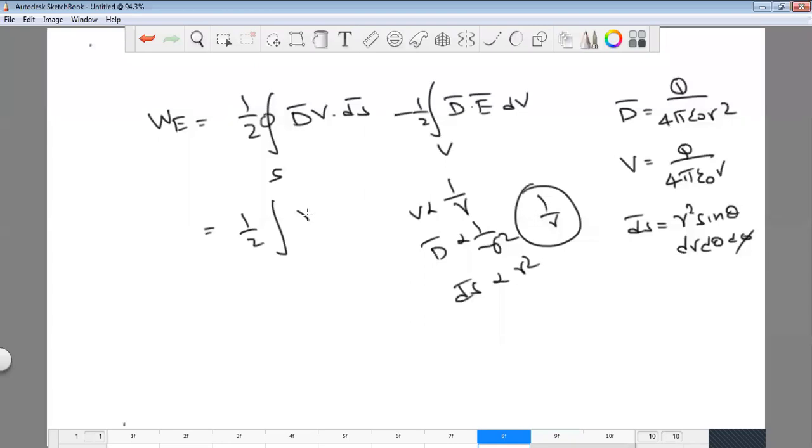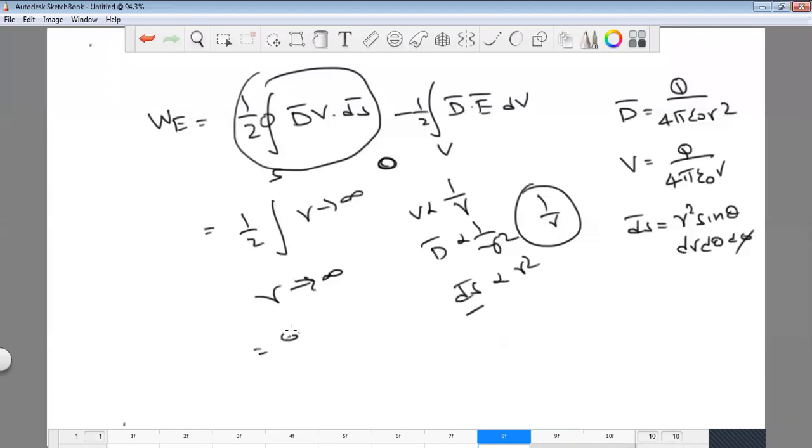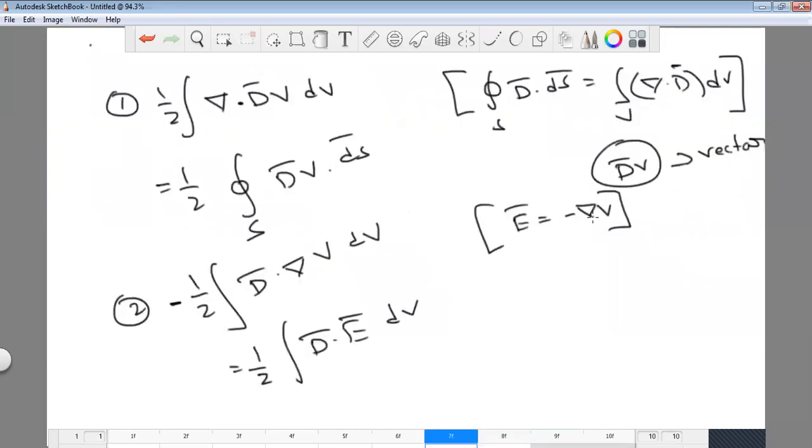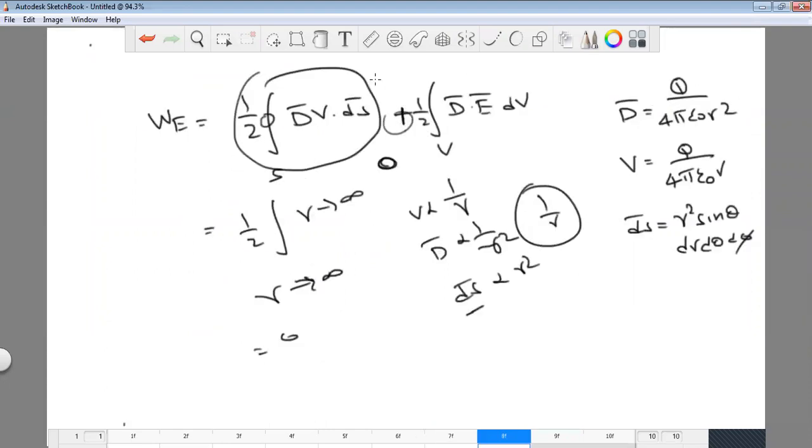So when you take the r value to infinity, the complete equation becomes 0. Why? Because 1 by r, and again 1 by r square, and dS proportional to r square. In that case, when r tends to infinity, the total integration becomes 0. So the complete value becomes 0. And again it is a plus value, because in the previous equation we took minus del V, so when you remove the minus value, it becomes plus. So the complete equation becomes 0. So what is the resultant equation here when the first equation becomes 0?